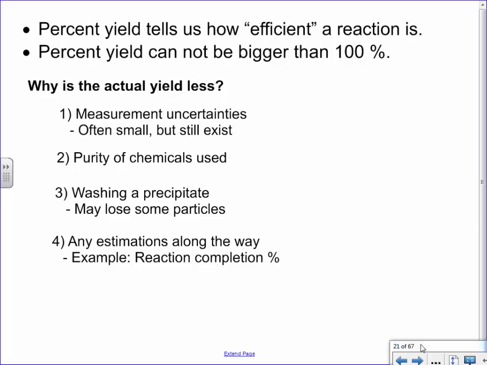always ask you to talk about the accuracy and precision of our devices. When we think about it, sometimes our devices are not perfectly accurate or necessarily very precise. And so measurement uncertainties are one of the reasons why we might not actually have a perfect yield. It might not necessarily be your fault, but the scale you're using isn't good enough quality. That makes sense. 2, we like to assume that we work with chemicals that are 100% pure, but that may